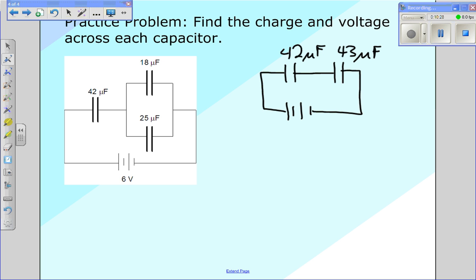Excellent. Now that I have this, it's a simple matter for me to condense this circuit down further and add the two remaining capacitors in series. And I'm going to do that using the inverses. So we're going to take 1 over 42 plus 1 over 43, take the inverse of our answer, and we see that we get